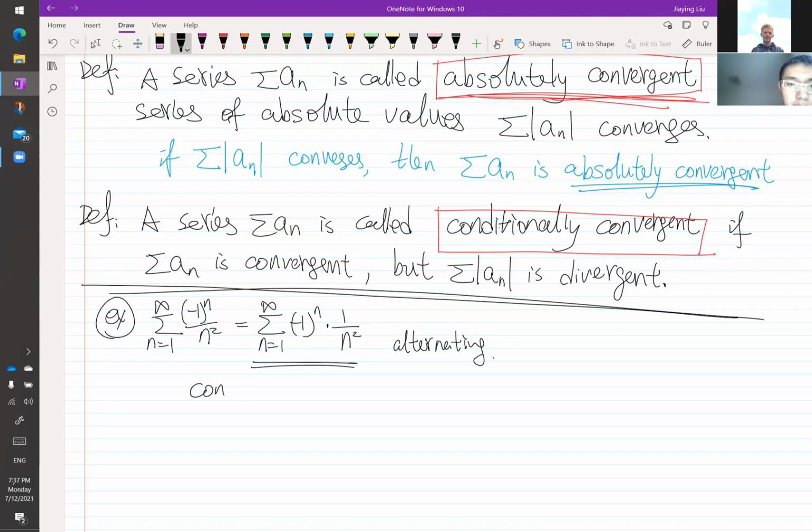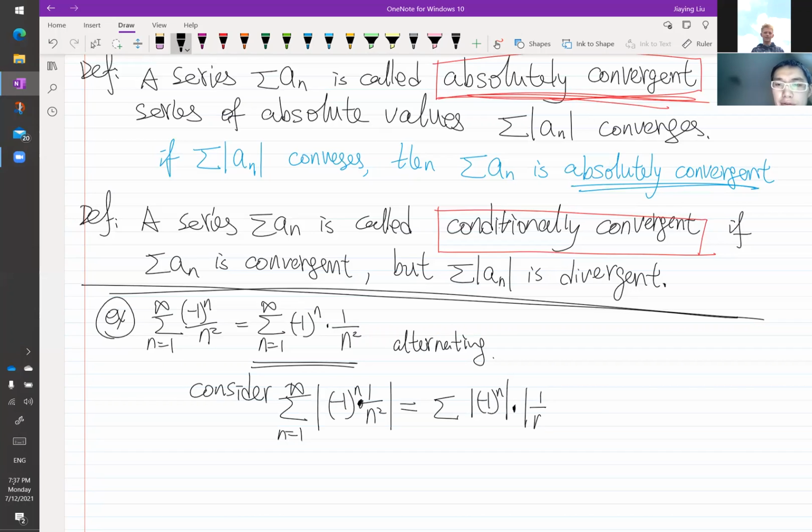So consider the series with absolute value of -1 to the n, 1 over n squared, from 1 to infinity. We're just going to add the absolute value sign. And then we can take the absolute value of -1 to the n first. So absolute value of -1 to the n times absolute value of 1 over n squared, n from 1